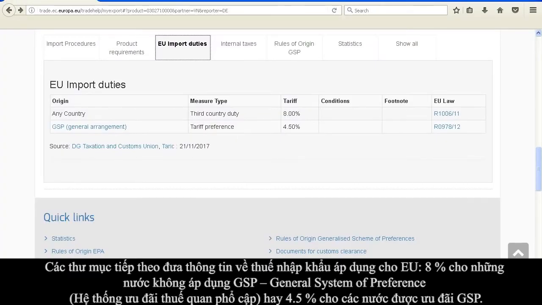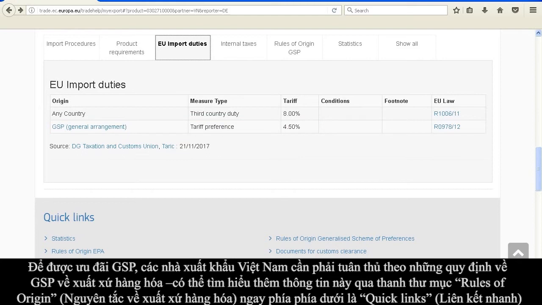The following tab covers the import duties applied across the EU of 8% for non-GSP countries and 4.5% under GSP, which Vietnam belongs to. In order to be eligible for this reduced GSP rate, the Vietnam exporter does need to abide by GSP rules of origin, for which more information can be found in the Rules of Origin tab and